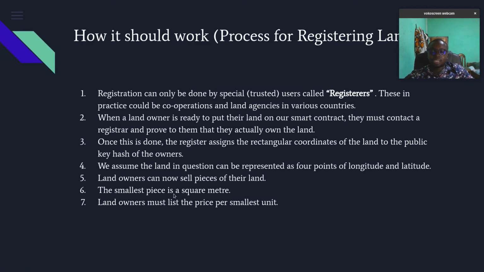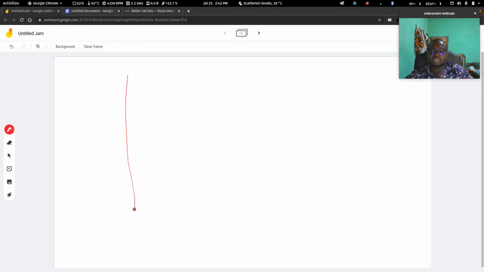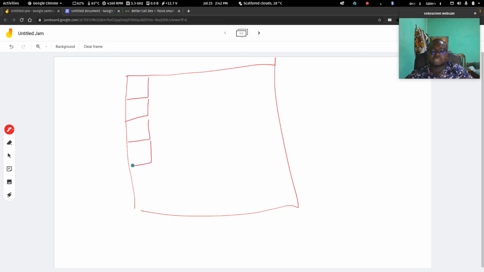Now, landowners are able to split their land. So let's say this is your land, and we've proved that indeed this is your land. Now the land will be split into square meters, and then you can assign prices, the price per square meter. So let's say that the whole land could cost maybe